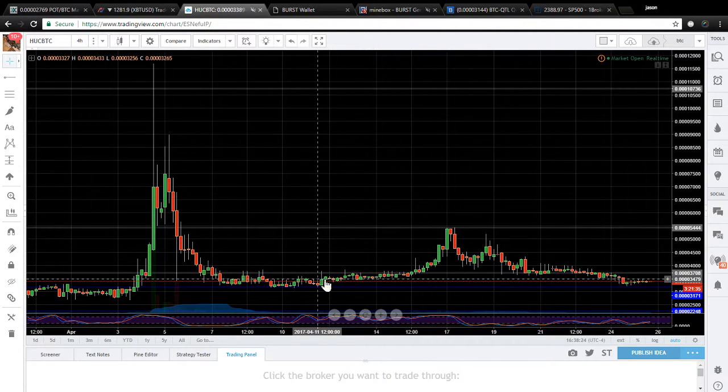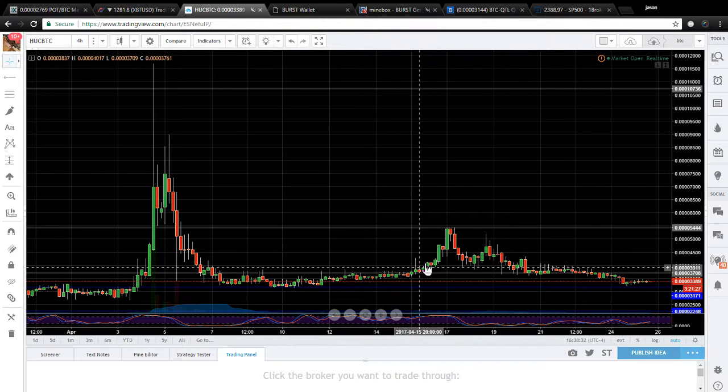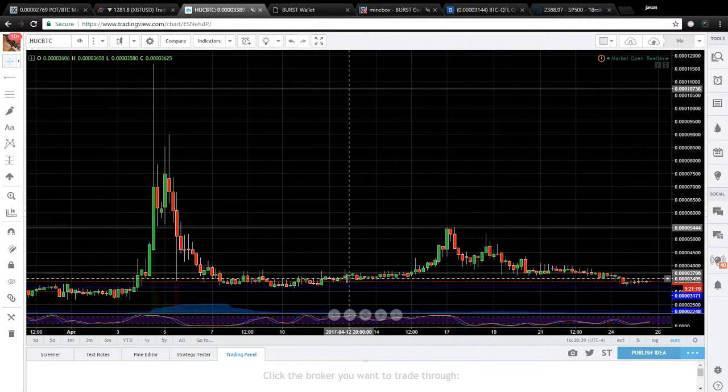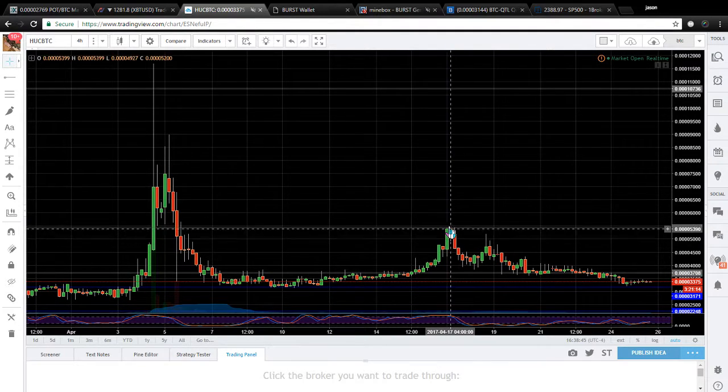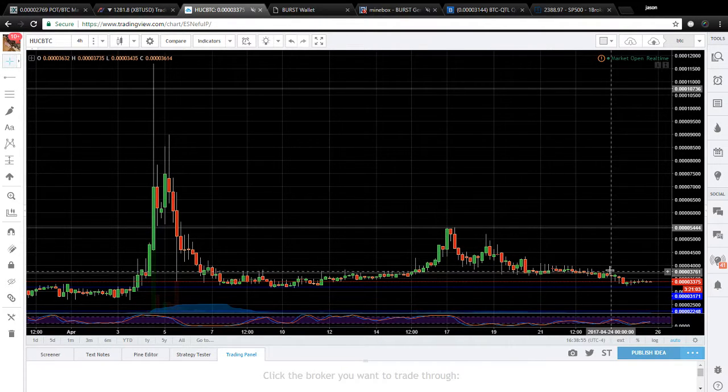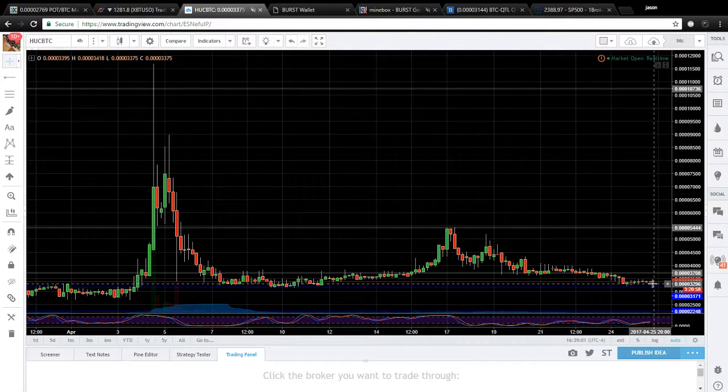So as we can see from the 13th right here, we did a quick little tiny dip, imperceptible to most, and shot up to 5,400-ish from where we were on the 13th at around 36. That's great profits. Bit of a dip. We tried again here to poke through that, get to that same level, but it was pushed down pretty quickly, and now it's at a point where we can get those